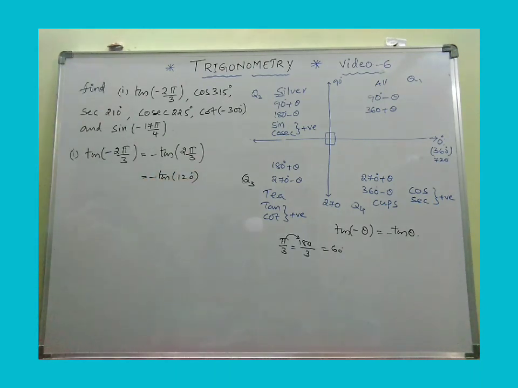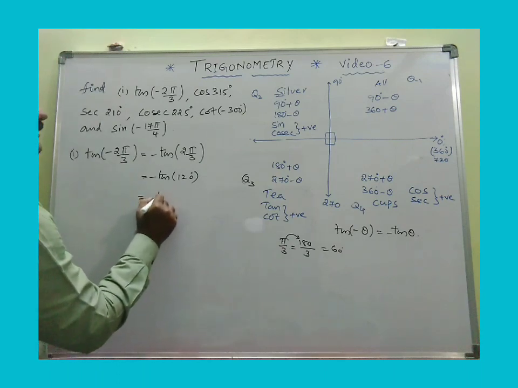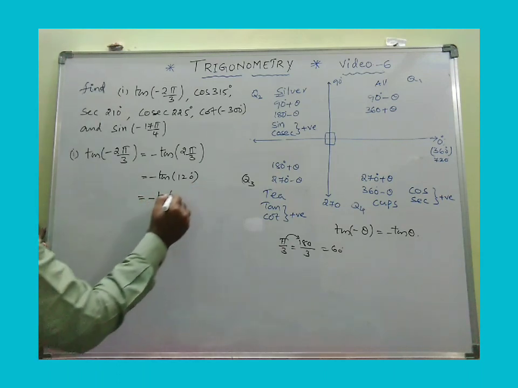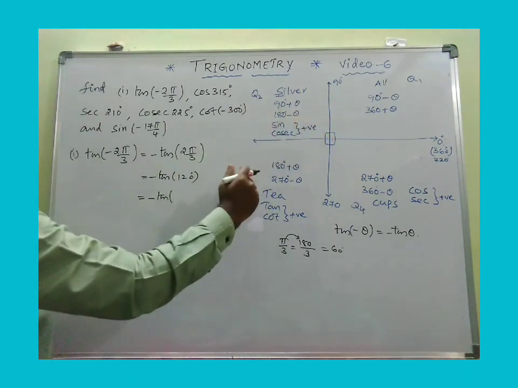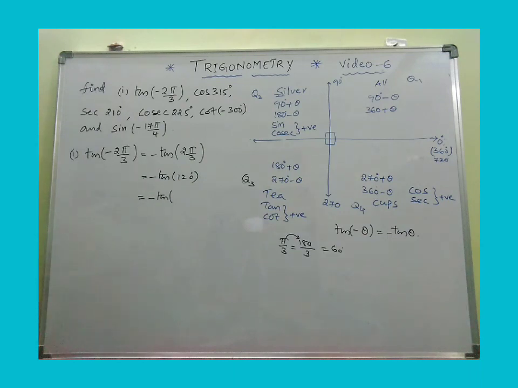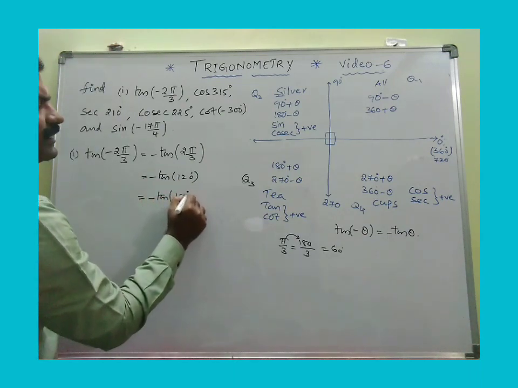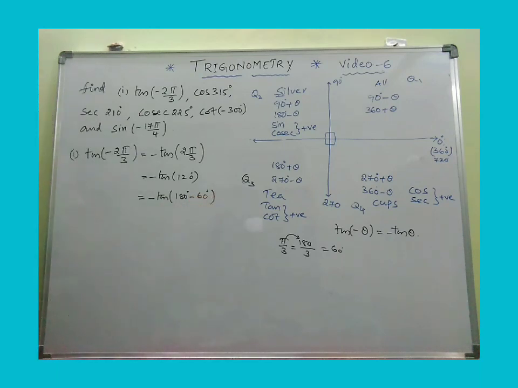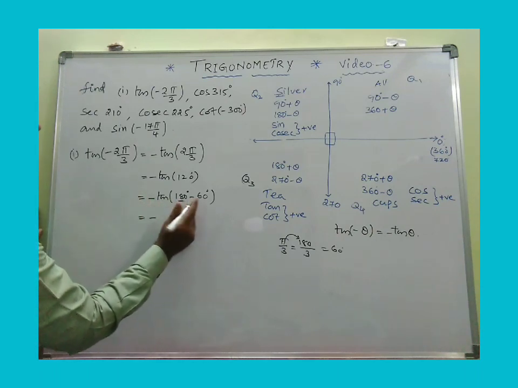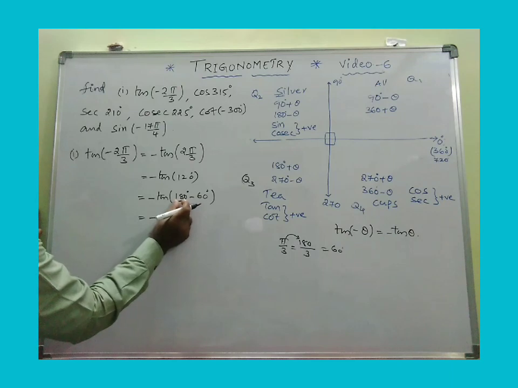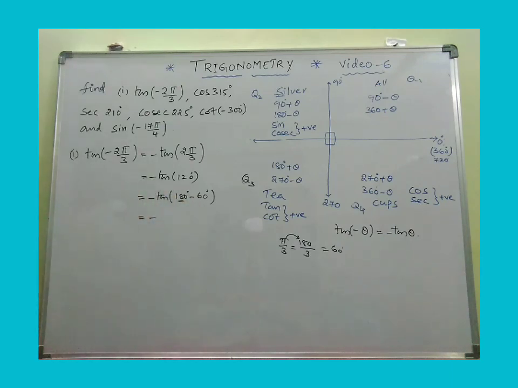Isn't it? Now 120, actually we don't know it directly. I told you that you can write it as either 90 plus something, 180 plus something, 90 minus something, or 180 minus something. My intention is to write it as 180 minus 60. Yes or no? Fine. Now, first there is a minus sign, please remember. And look at this one: it is in the form of n pi by 2, but n is even. And moreover, I already told you, for 180, 360, 720, etc., there will be no change.